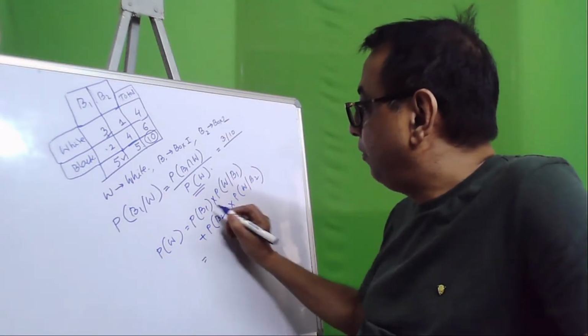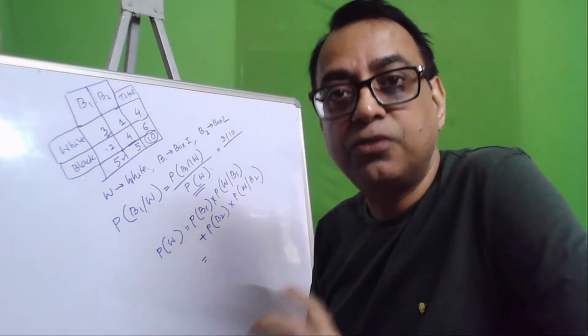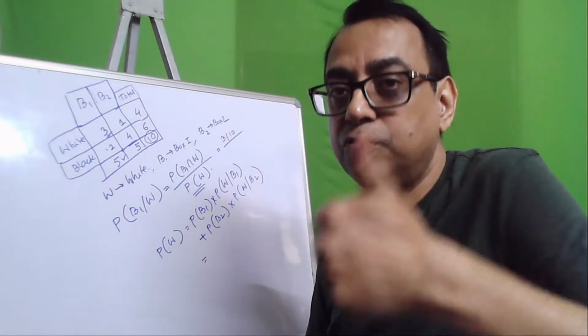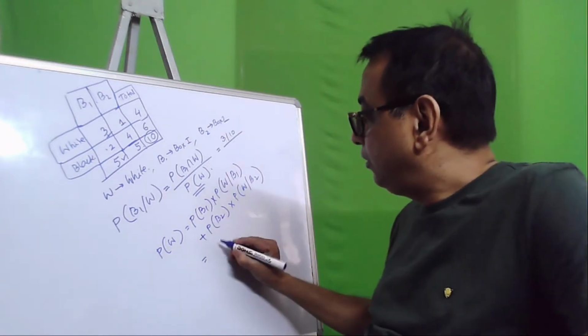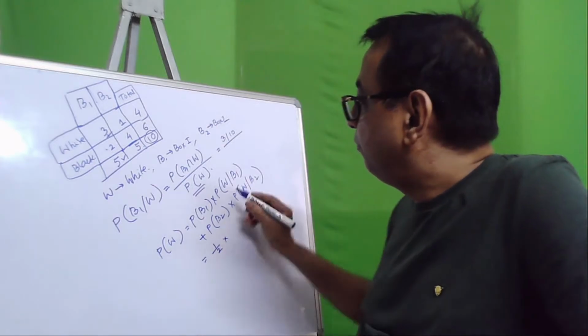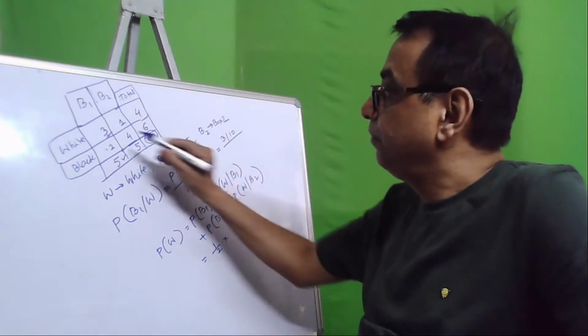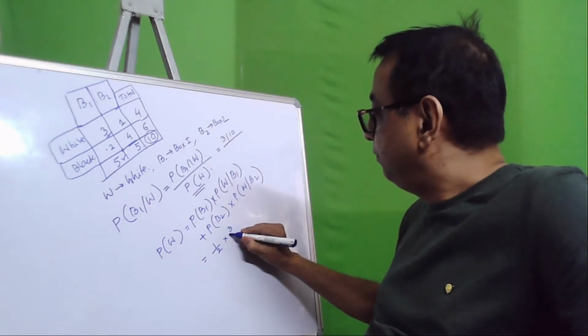Now the probability of box 1 will be how much? As we said, it is a randomly chosen box. There are only two boxes. You have to choose one of them. So the probability of B1 is half. And we have worked out that the probability of W given B1 is 3 by 5,